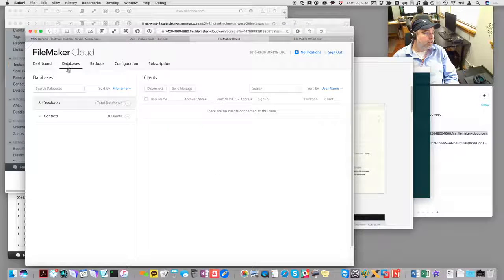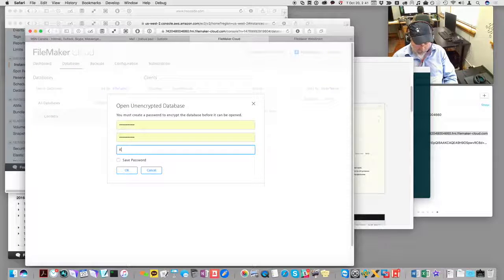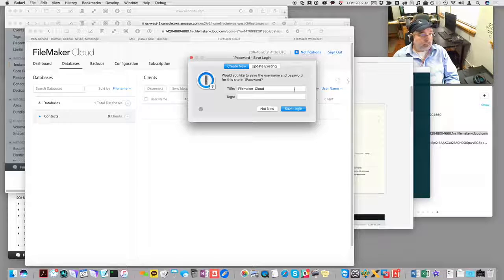So we'll go to the databases, contacts is there, and then we choose open, and then the first thing we do is we set an encryption password. So keychain, we'll save the password, and we'll save it in here, FileMaker Cloud, contacts,